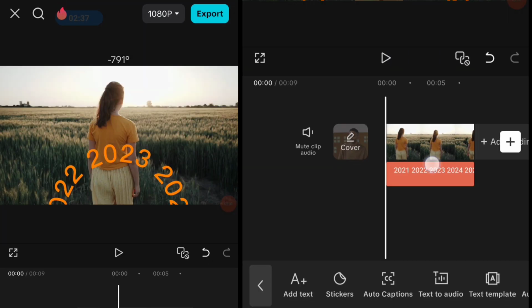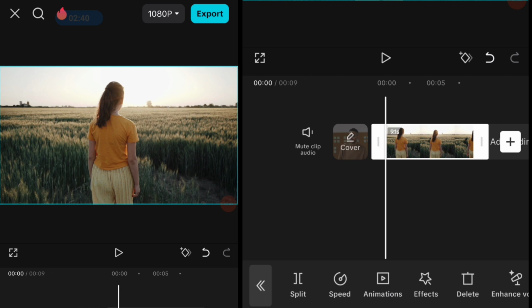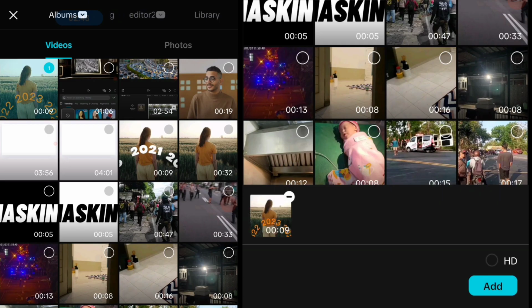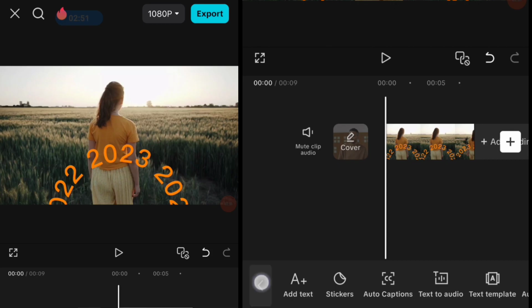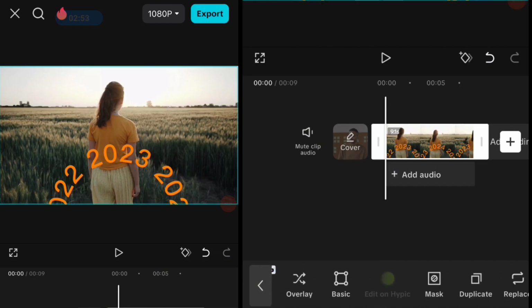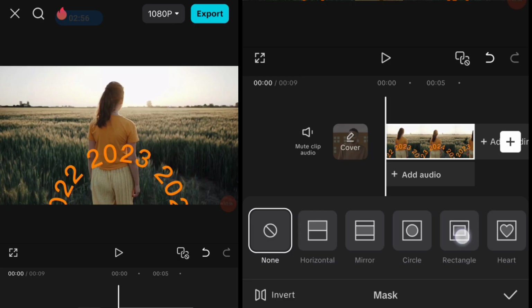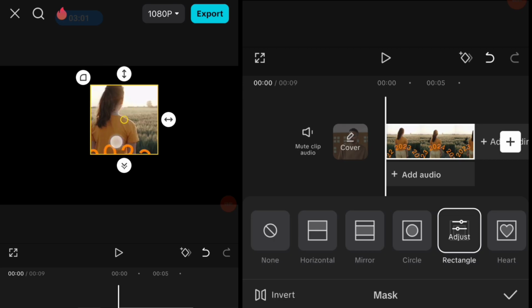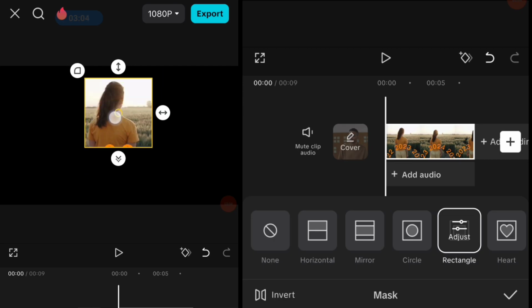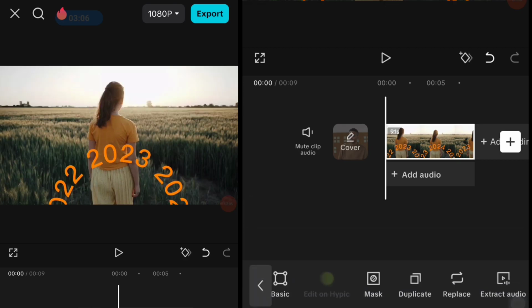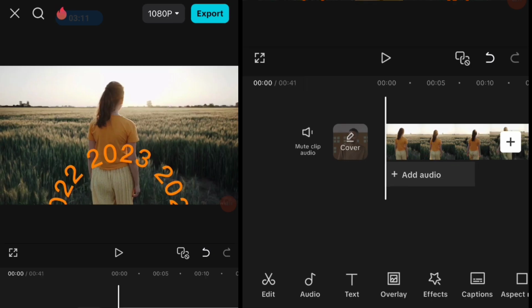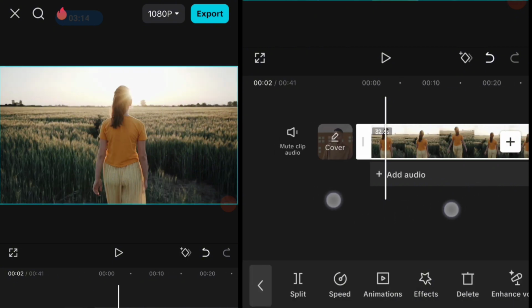Okay, go back and you can delete all of these elements on this page and click the plus button. Now the next step you need to do is import your clip that you already saved before, adding it like this, then click it, swipe left your toolbar until you find the masking tools like this and put it on this side. But before you do that, as you can see, the screen is going to be a black screen, and because of that we need to add another clip onto this main clip like this,